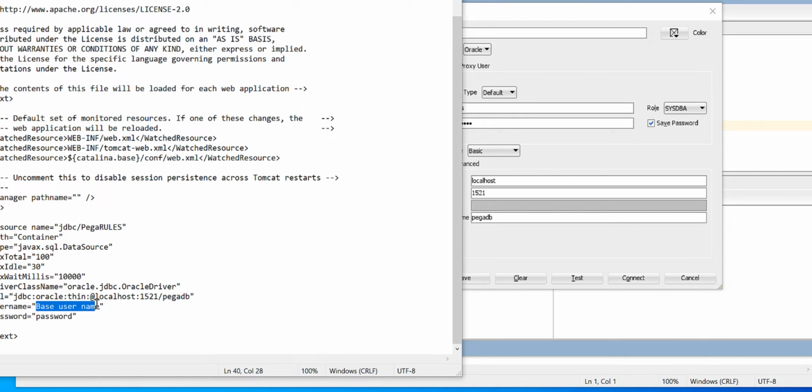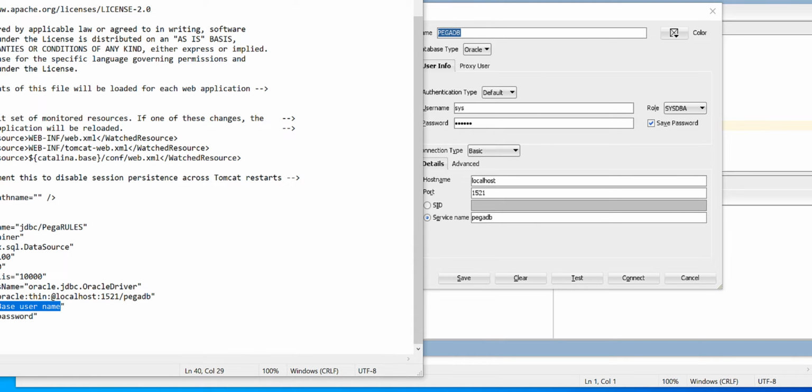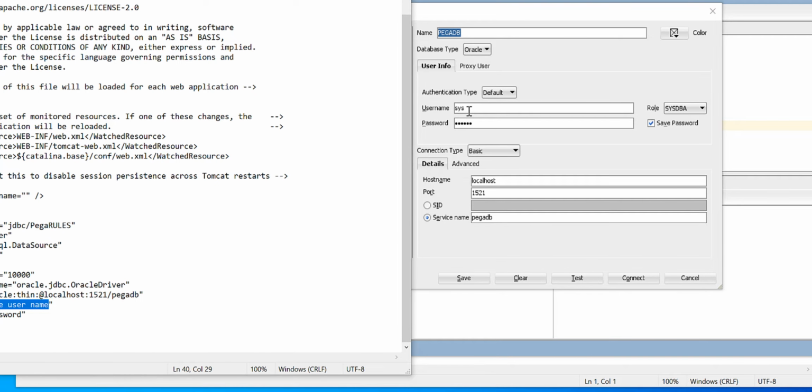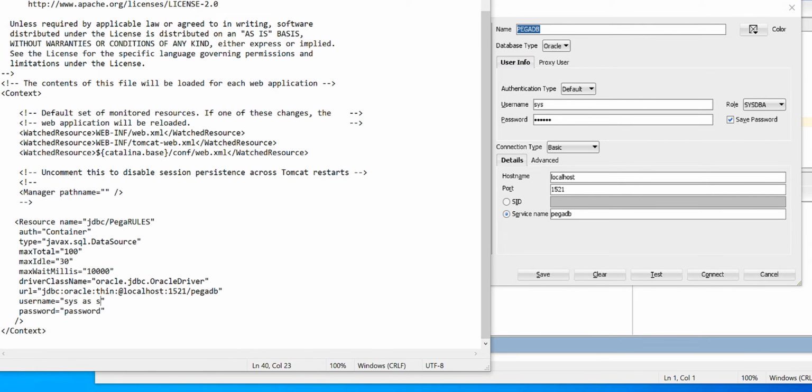Now specify your username and the password. I connected to my database using sys user with sysdba role. So you can specify it as it is, sys as sysdba, and the password is the same password you set while installing your Oracle database.